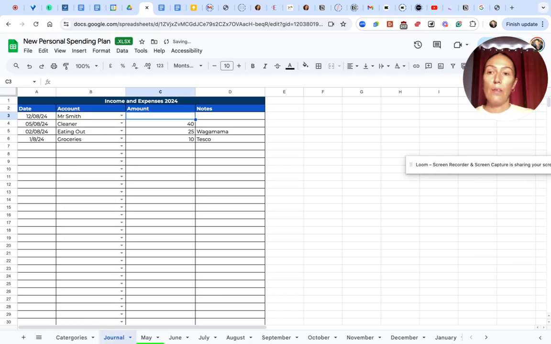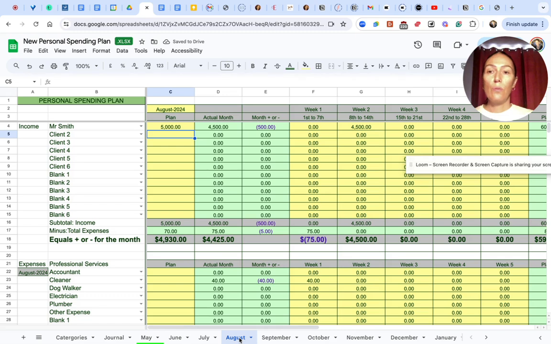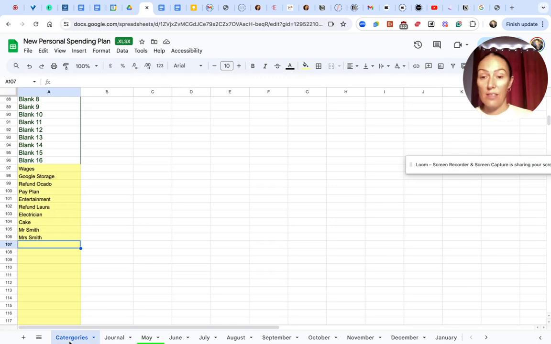Mr. Smith paid you 4,500. Go over to August. You planned for 5,000. He actually paid you 4,500, which means you're below what you predicted, £500. And there's the entry, 4,500 in week 2. You can then either change client 2 to Mrs. Smith or whatever you've entered in the categories tab,